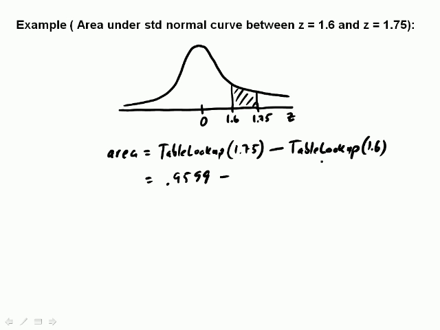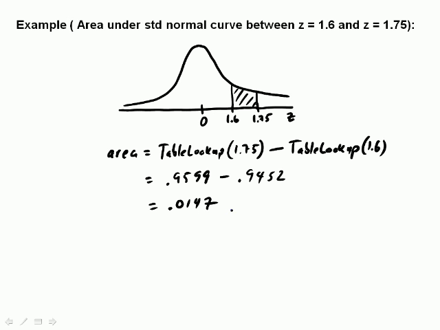So over here I'm going to look up the z-value of 1.6 in the table. So I got a 1.6 and it's 1.60. So the second part here is 0.9452. And I just need to subtract those two to come up with the area between those two z-values. So when I do that, I get 0.0147. Okay, so that tells me that the area between these two is